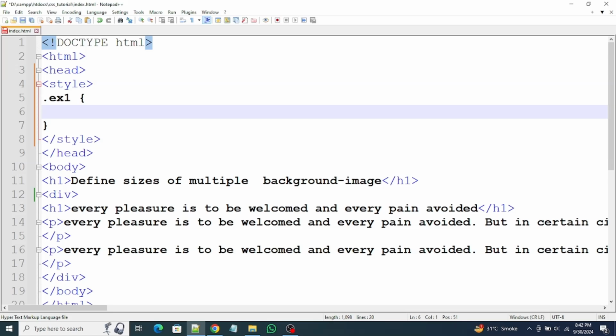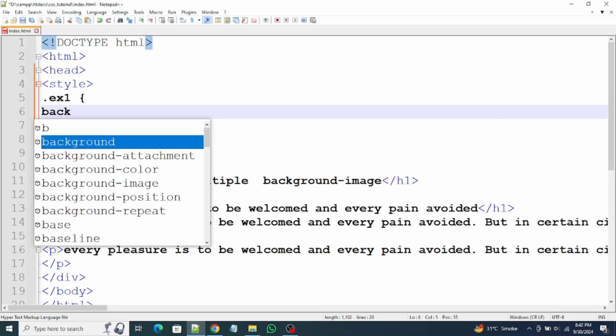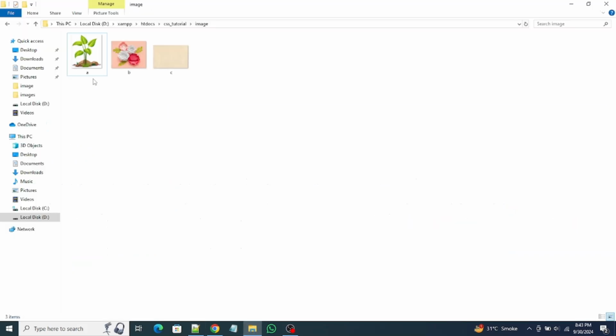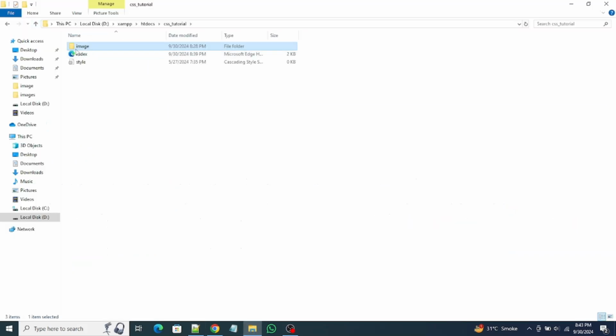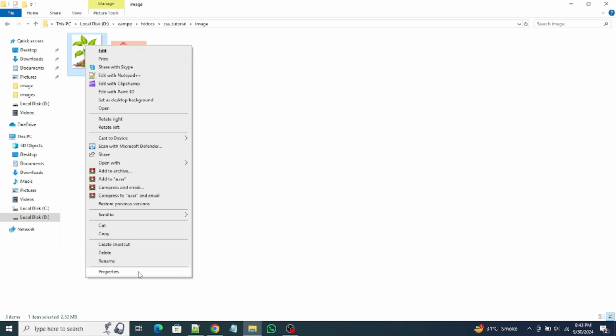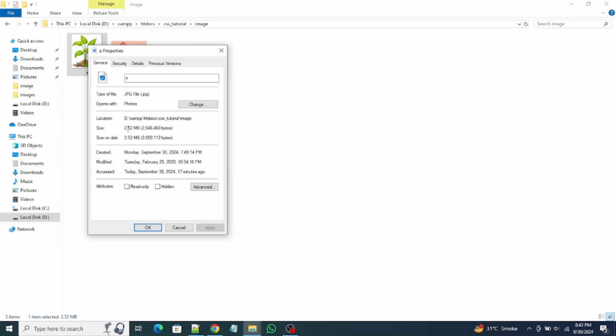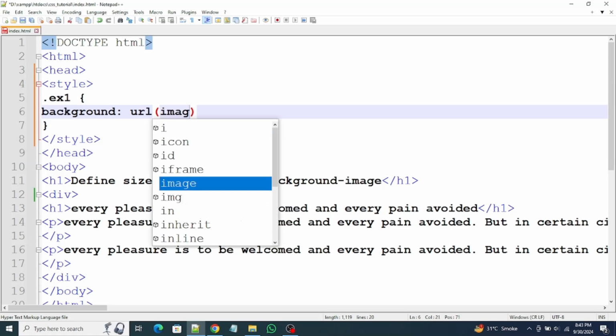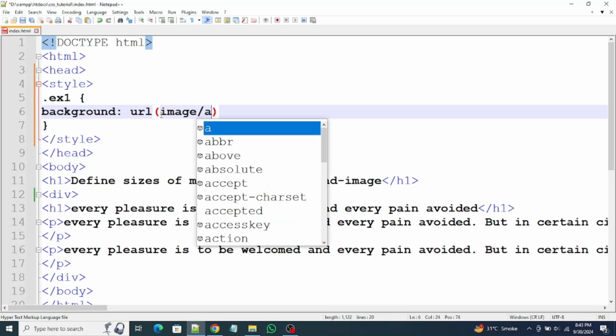In between curly braces, we will use background colon url parentheses. In between parentheses, we will use an image. I already saved the image in the root folder. This is the root folder image. Open it, right click on it, properties: type of file .jpg, size 2.52 MB. In parentheses, we will use the root folder name image/a.jpg